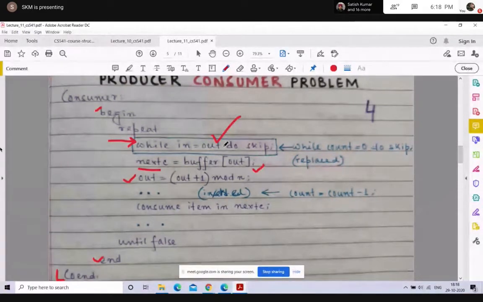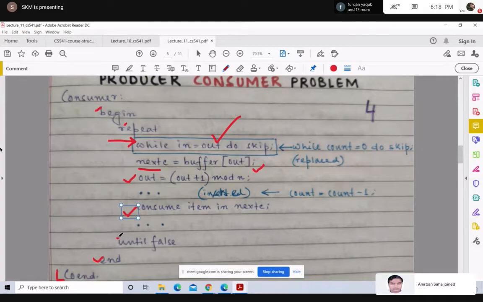So after that, the consumer will consume the item in nextC. This is what I have written. And you will find that both the producer and the consumer process are kept under the repeat until false structure. Both the producer and the consumer, I have kept under the repeat until false structure. So we assume that the producer and the consumer process go on operating indefinitely.